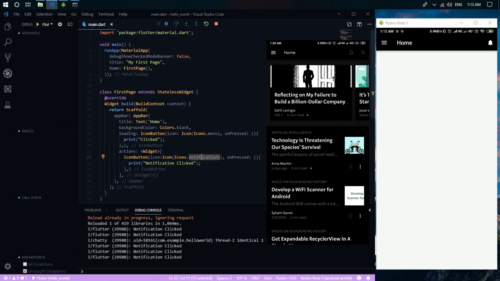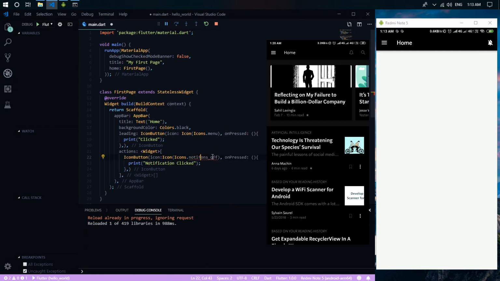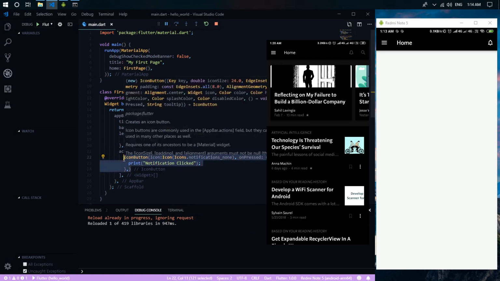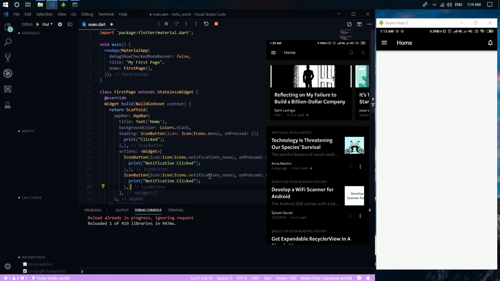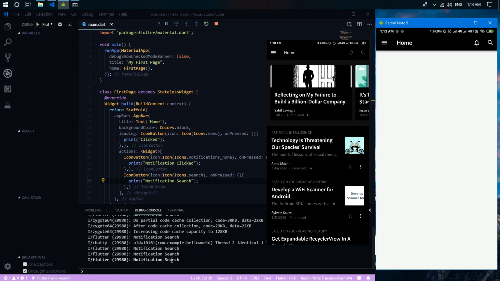Maybe we need to change it to notification none. Okay, look like this, and we need to copy this icon button, and change this to the search icon, and we change this to search. Okay, look like this. Here we can see notification, search click, I mean.